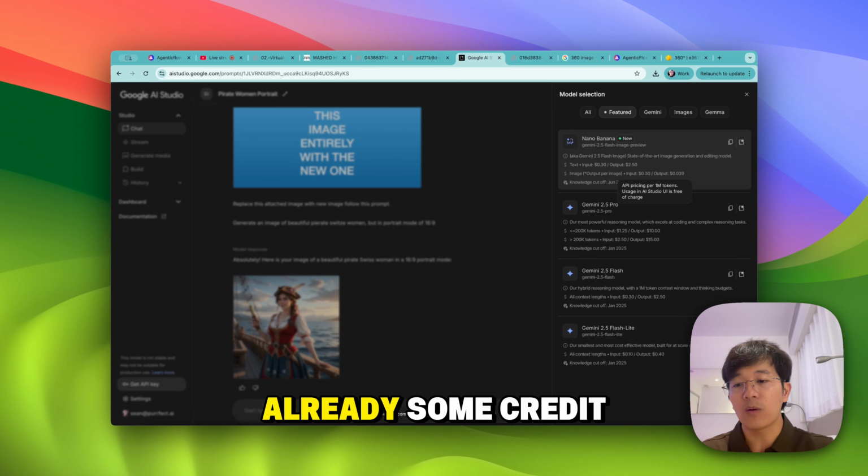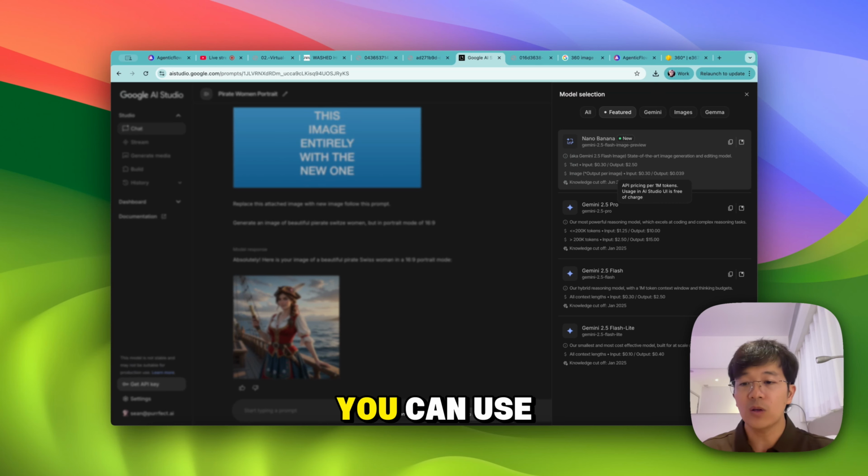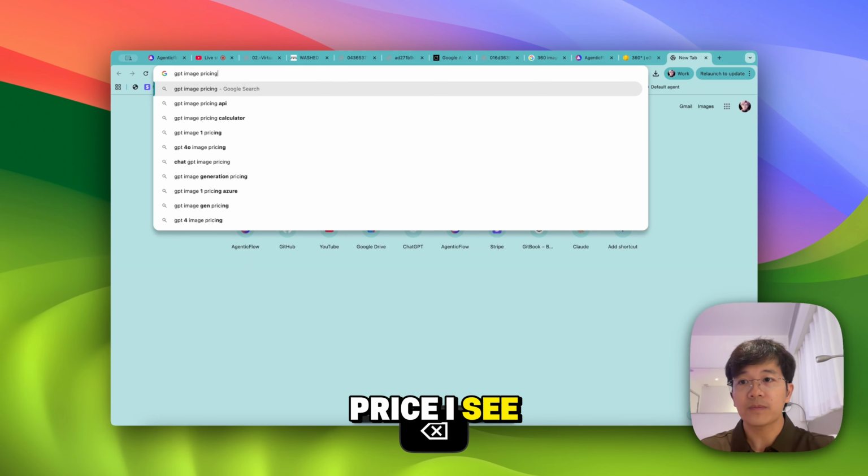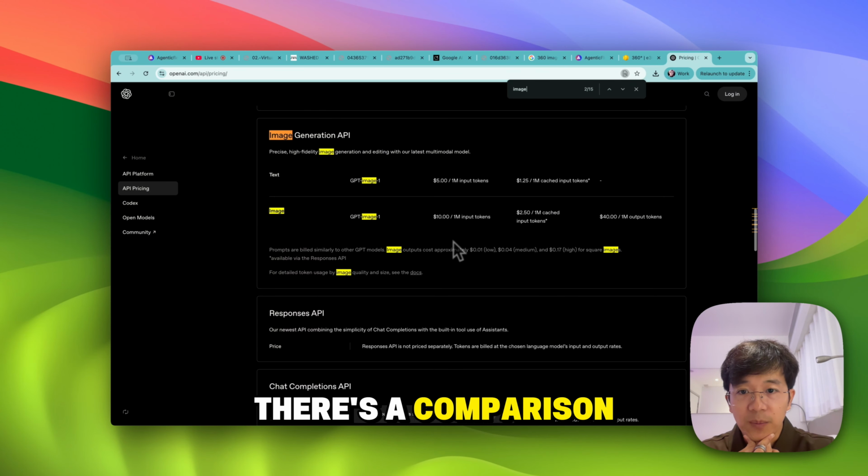If you already have some credit in the Pixel Mail Open Router, you can use that, or you can just top up a few dollars, and it will be a lot. And this model is much cheaper than GPT image. So GPT image price, I think there is a comparison somewhere.